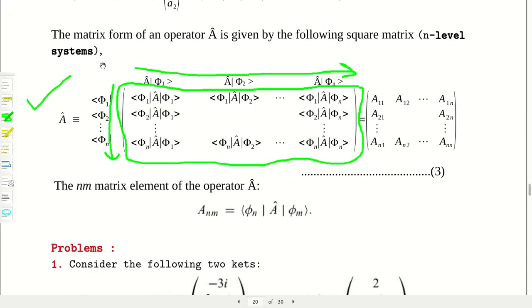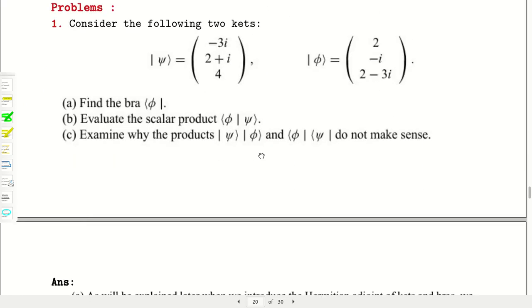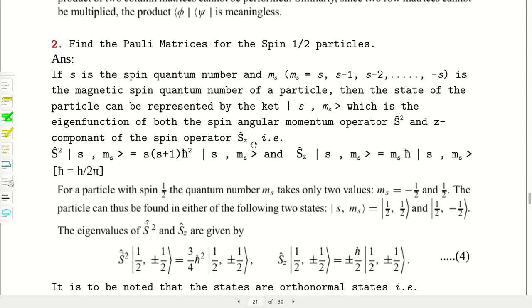Here my target is to focus on this methodology, to find out the operator. So what is spin? I am not going into the physical detailing, but just follow some mathematics. If S is quantum, you should have some prior knowledge that for spin half particles, the quantum numbers are the spin quantum number s, which is half, and the magnetic quantum number ms, which is plus half and minus half.